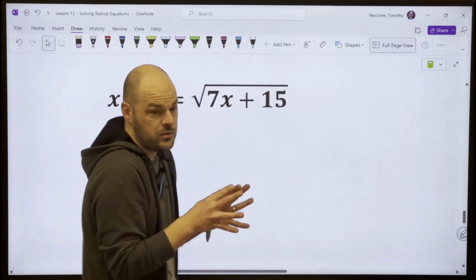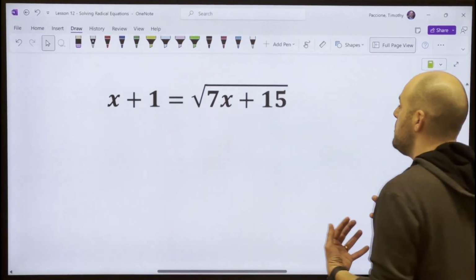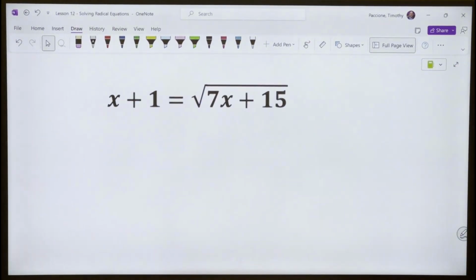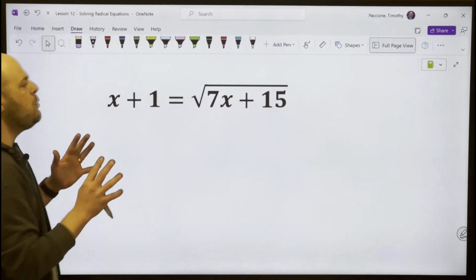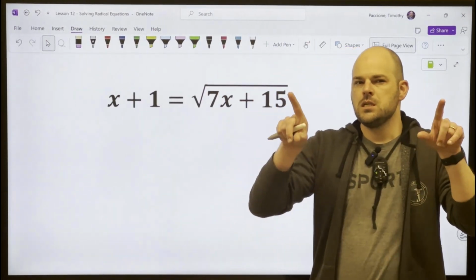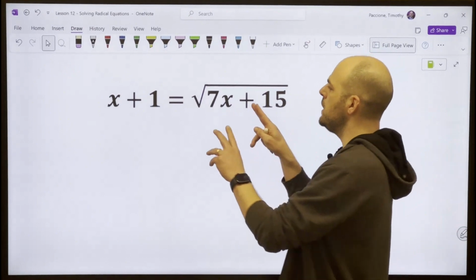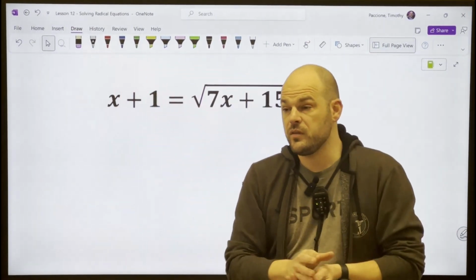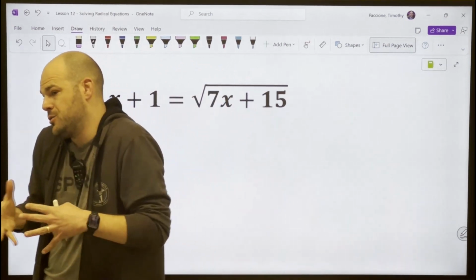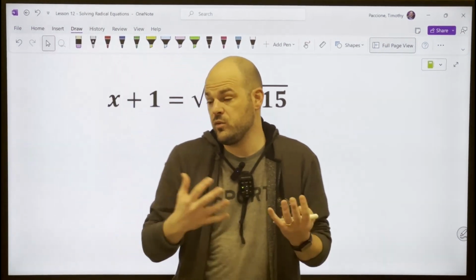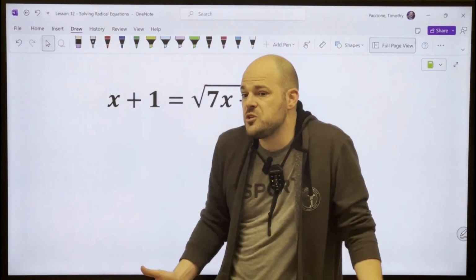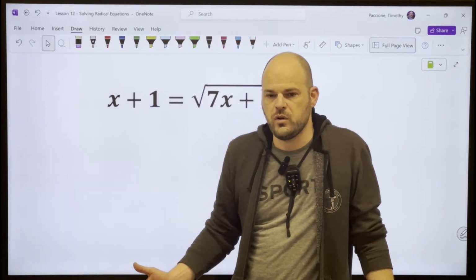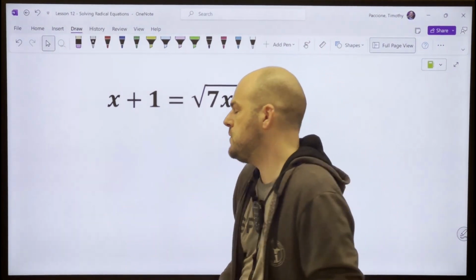To solve this, we would square both sides, okay? But before we do that, what power is x being raised to right now? And we remember that when we had quadratics, we would get 2 solutions. When we had cubics, sometimes we get 3 solutions. When we had the first power, we would just get 1 solution, right? So if I square this,